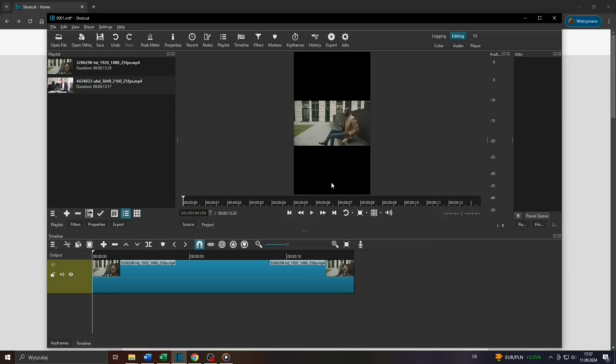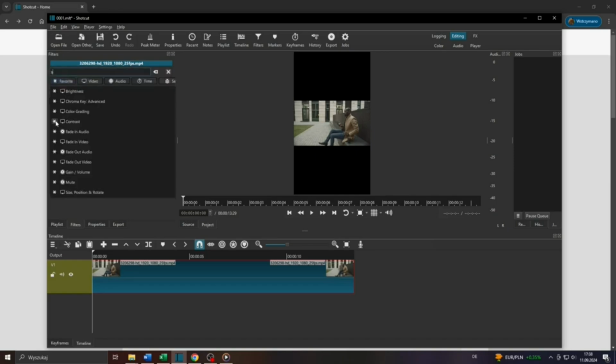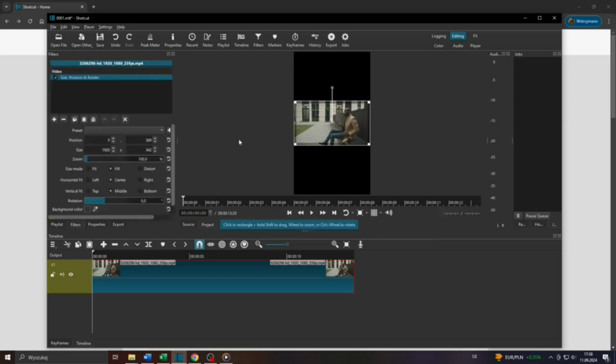You can do that really quickly by simply applying a filter. Select your video clip on your video track again, and after that head over to the filter section here to the left, click on that plus icon and search for a filter called size or rotation. There you go. And last but not least, simply adjust the size and the position of the video clip like